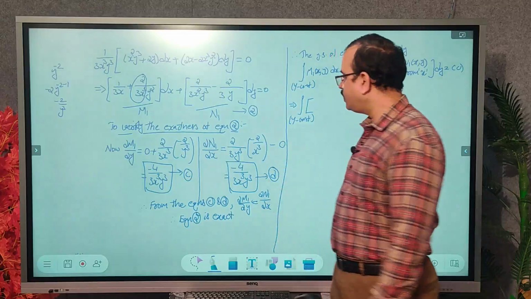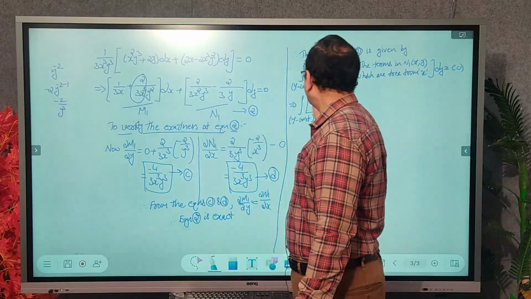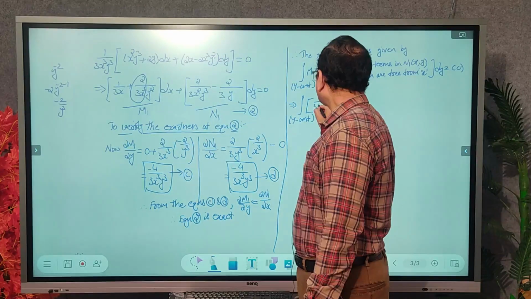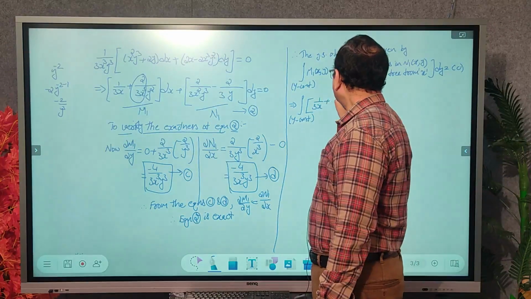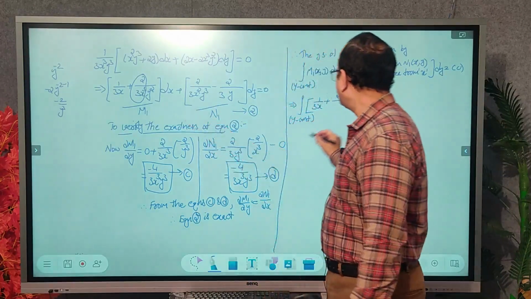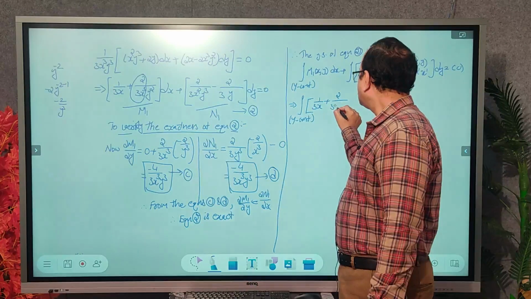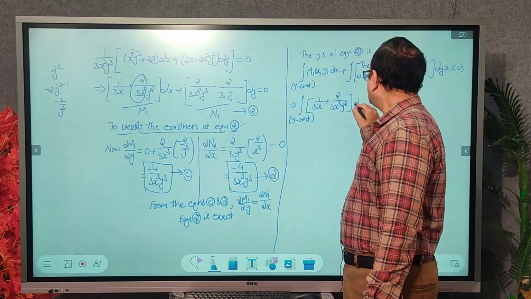So what is m1 here? So m1 here is nothing but 1 by 3x plus 2 by 3x cube y square, whole into dx,